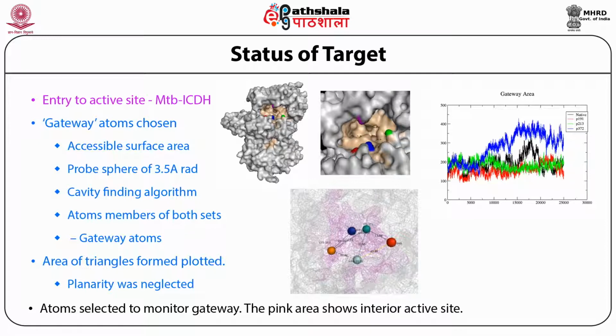When we did the simulation at the active site and the whole simulation was identified, we found a probe sphere and a large cavity. What we see is the plot of the gateway area that you can see here, showing over the period how much exposed surface area there is. Most interestingly, if we put phosphorylation at the P191 serine residue, the structure seems to be not accessible at all.